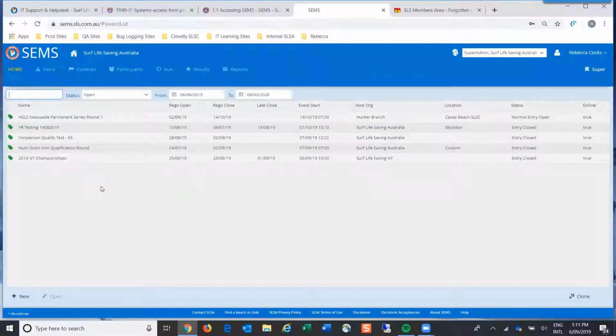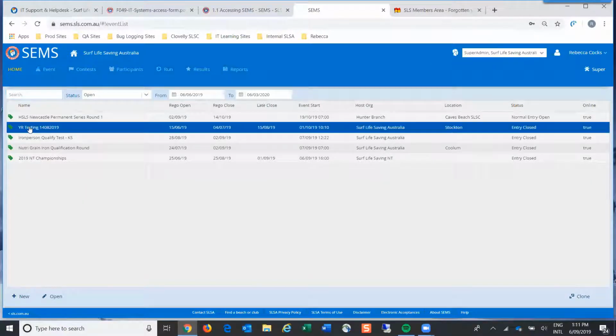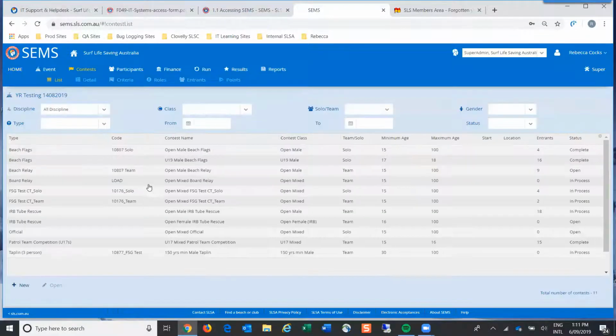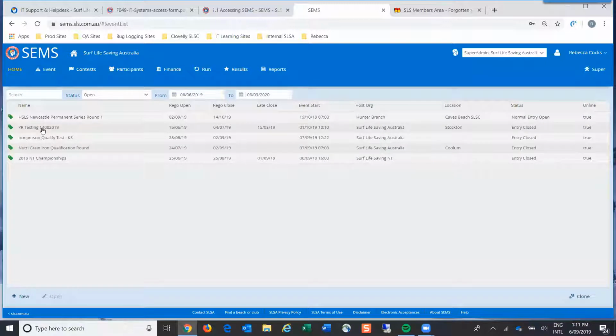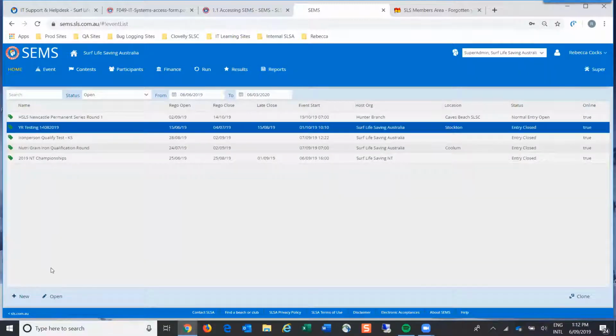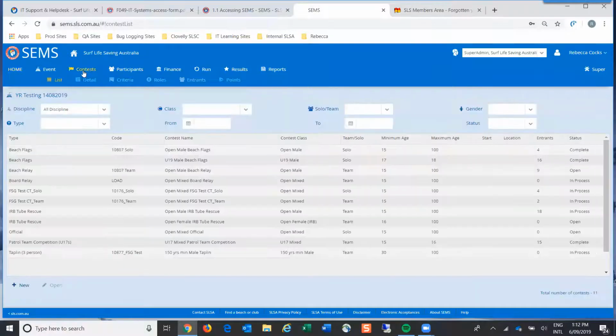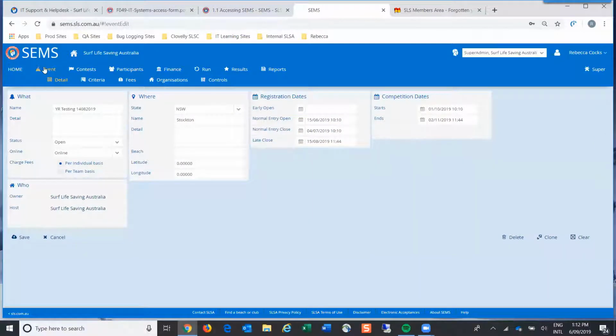So I'll give you then the example when we actually look at an event. So if we're just going to look at this event here, we can do two things. To open up this event, we can actually go down here and click open, or we can highlight it, okay, and we can actually click contests, and it will show us the contests relating to that event. So I'll just go back here again. So let's just do it this way. If I just highlight and click open,